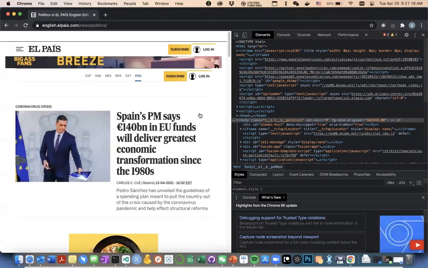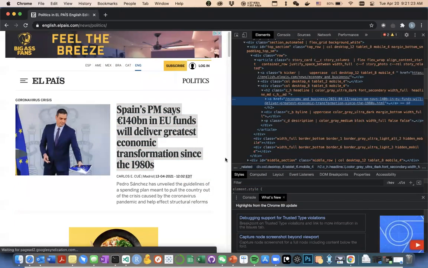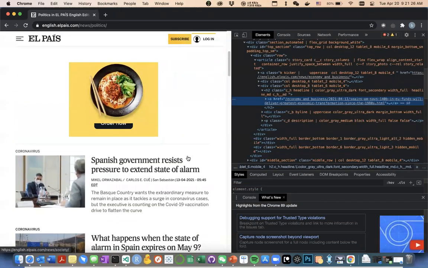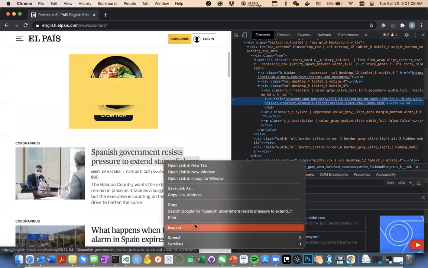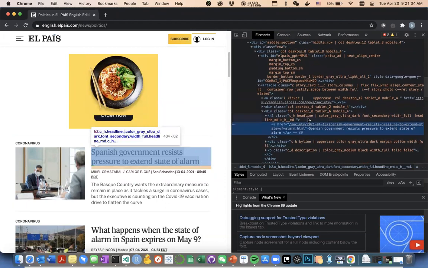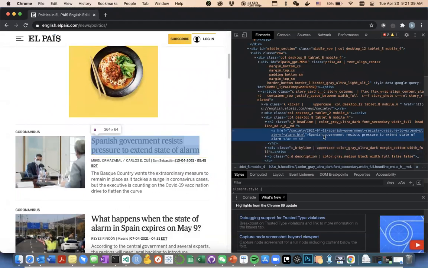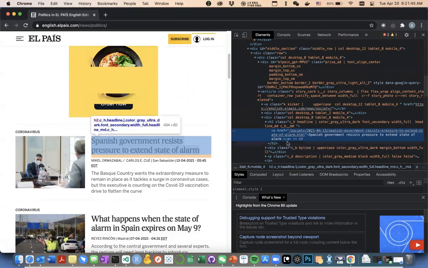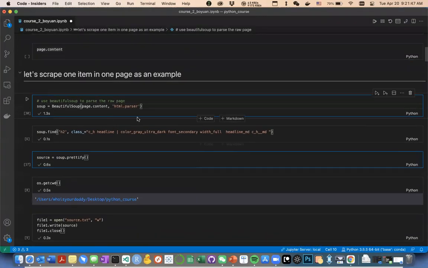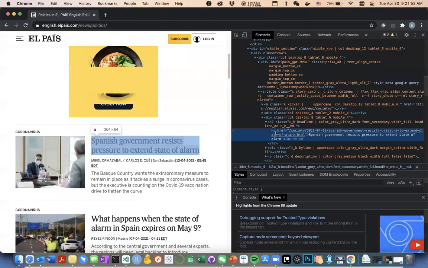I think maybe that's it. Now let's just examine this one. Or this one. Okay, let's see. If you want to extract this element, the Spanish government's and so on, you can tell the soup. Where is the soup? Yeah, you can tell the soup to get the A inside the A tag with this href attribute, but